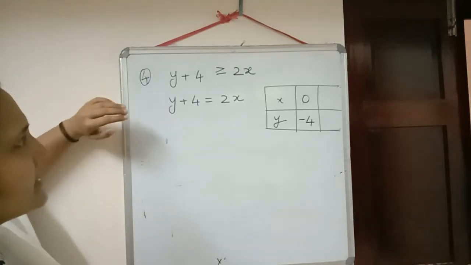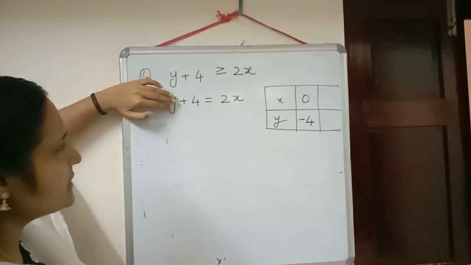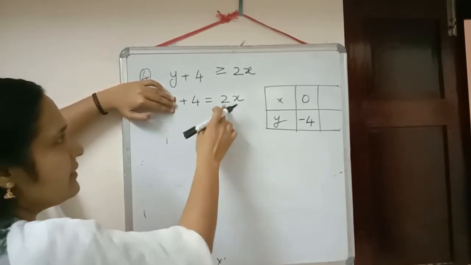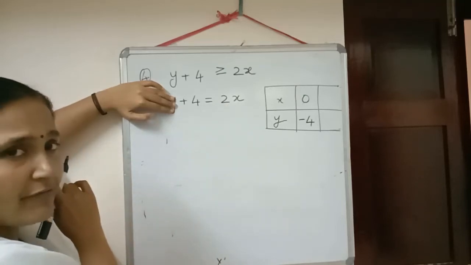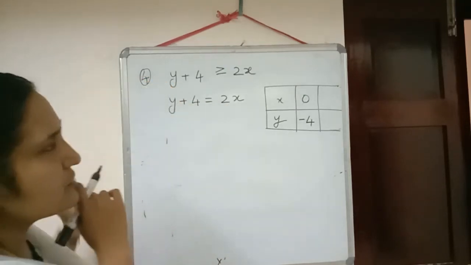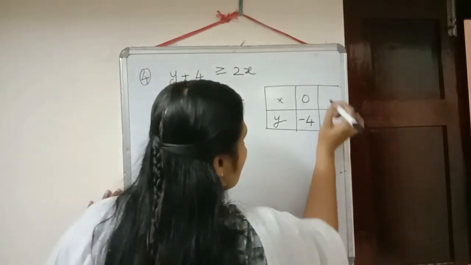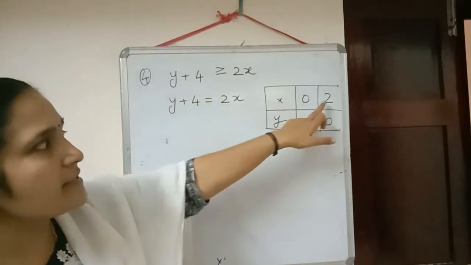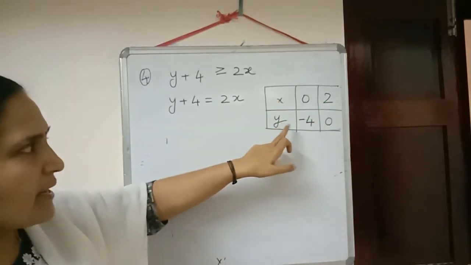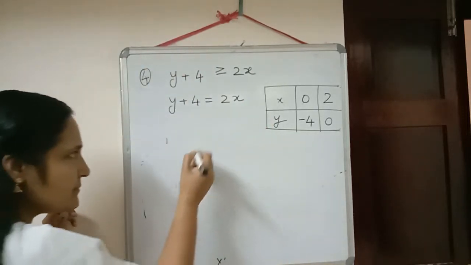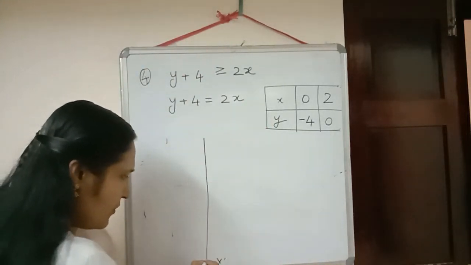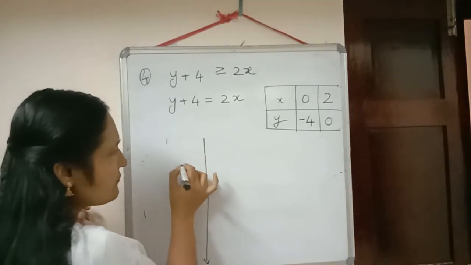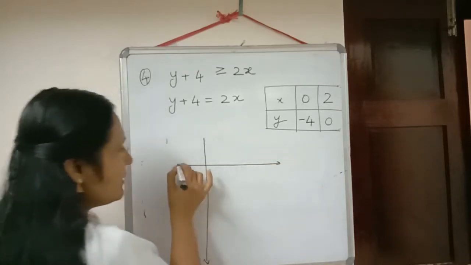Now substitute y equal to 0. Then what will happen? This term will become 0. We will get 4 is equal to 2x. Now we will shift this 2 to the left hand side, then it will come 4 by 2, so that will come 2. So if y is equal to 0, x is equal to 2. You can check, on the positive side of the x axis we need till 2 only, and on the y axis we need till minus 4. So the negative side we want more there. So in this way you can mark, on the positive side only 1 point is enough there. Okay, this much will be enough there.